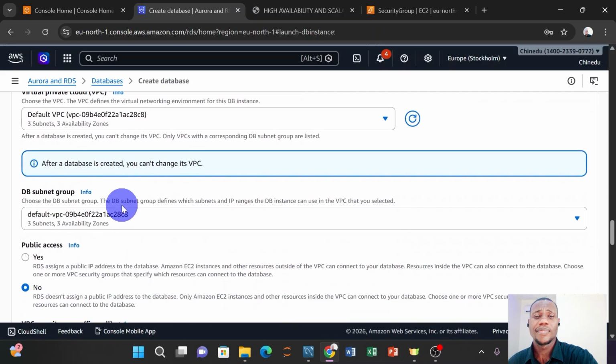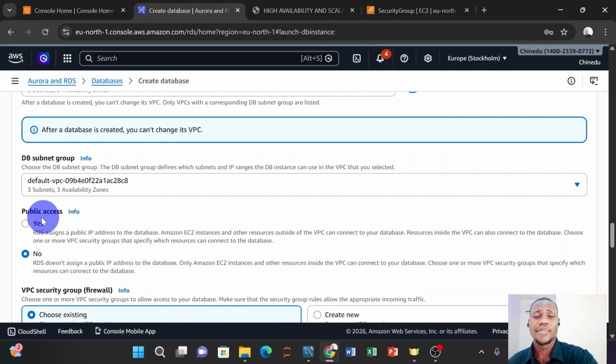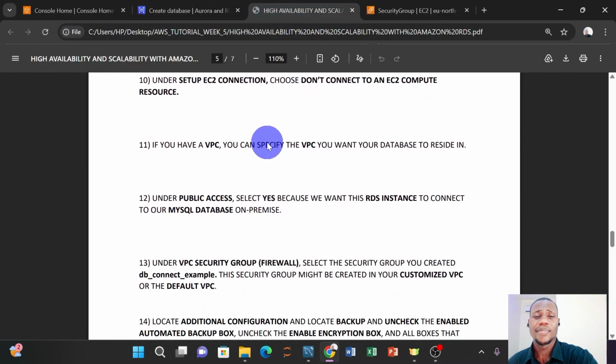And in the security group here, for the subnet, we're going to leave it at this default subnet. Then this is very, very important. If you come to my documentation here and you come down here,